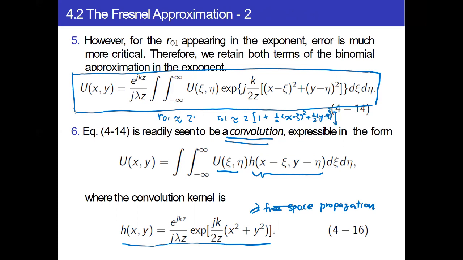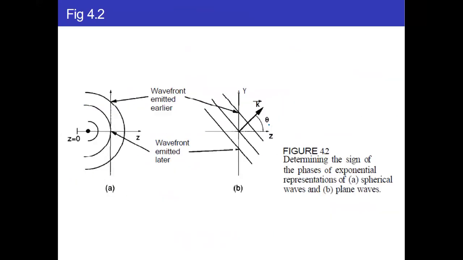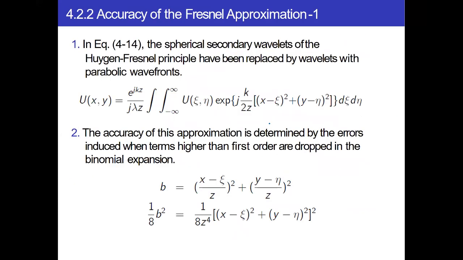These are the two approximations. This is for the denominator, and this is for the numerator. And then we further assume